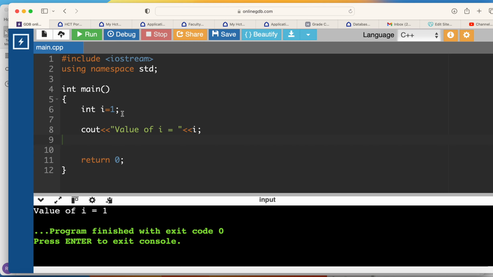So currently I have a variable i equals 1, and I print out the value of i. So let me run the code. Okay, so you see that the value of i equals 1. Now if I were to do an i plus plus here and I print out the value of i one more time,